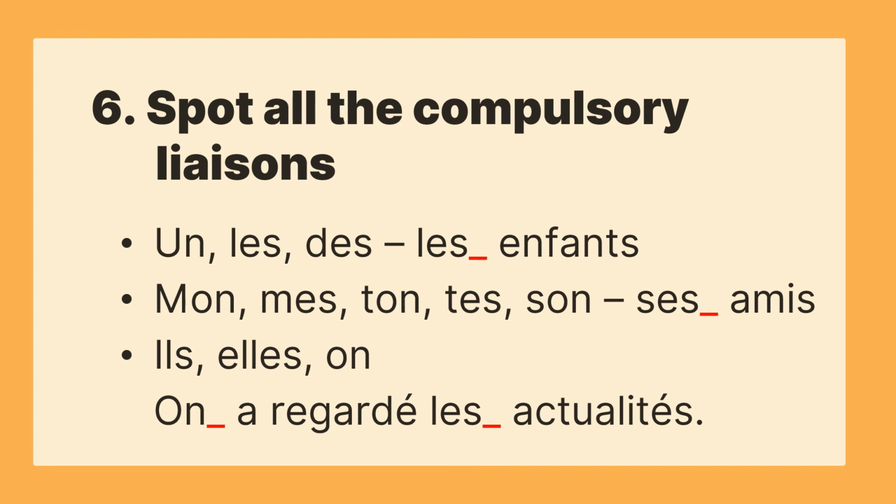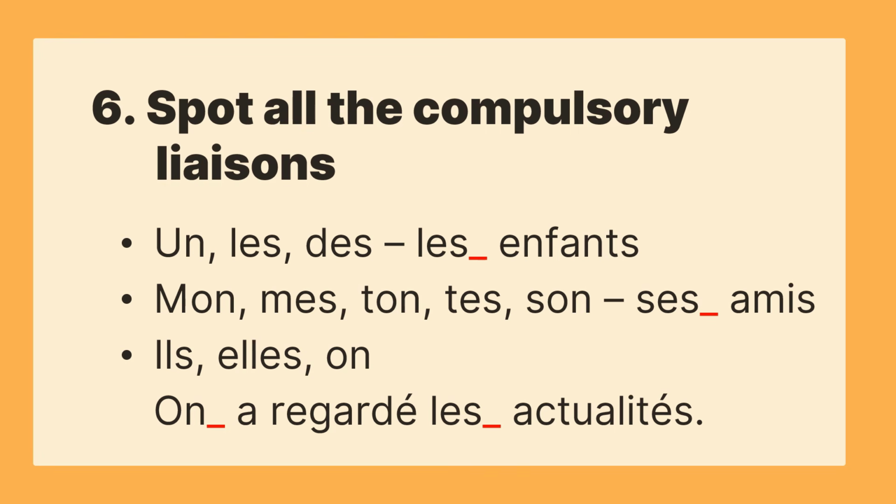So if you look at the little red sign that I put, it's just to show you that with les enfants, you need to make a liaison between the S and the E of enfant. And the sound is going to be Z, les enfants,